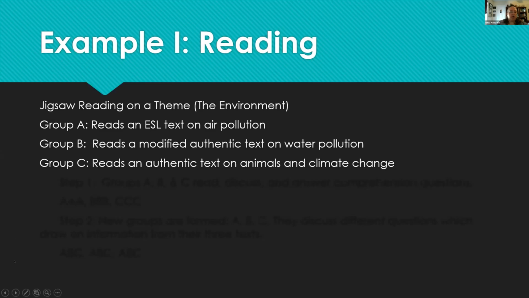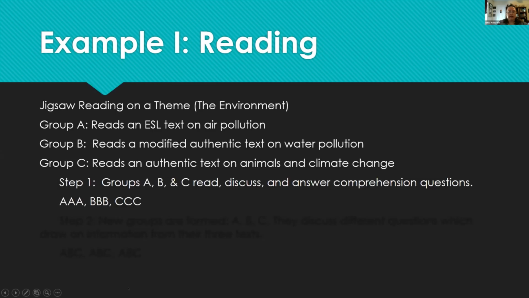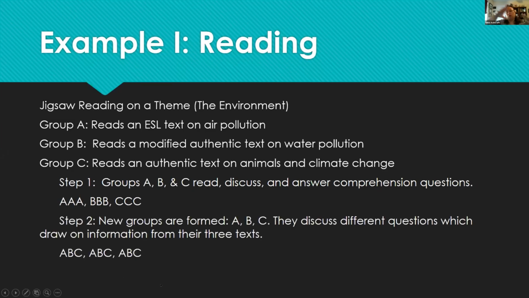And so how the jigsaw works is that students read their texts, and then they get with the other students who read the same text, and read and discuss, make sure they comprehend what they've read, and answer comprehension questions. So the groups look like A, so all the A's are together, B, all the B's together, C, all the C's together. And after you are sure that students comprehend whatever they've read in those groups, the next step is for them to create